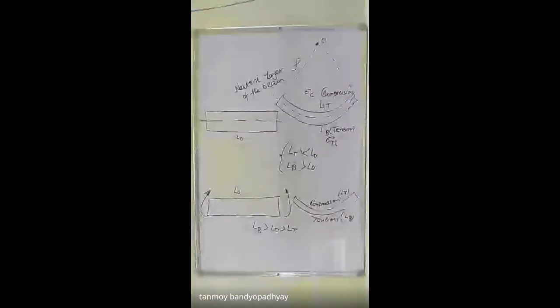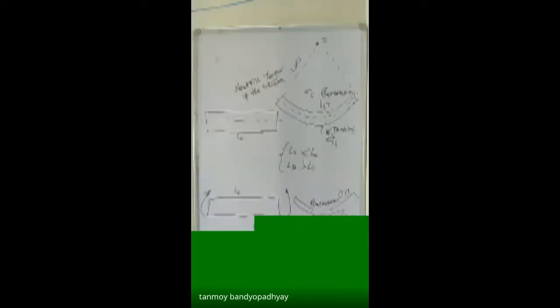Now, just write down what is pure bending. Bending is also called flexure, F-L-E-X-U-R-E, flexure. Just for pure bending, you write down: flexure of a beam under a constant bending moment in the absence of any shear forces. The flexure means bending itself. Flexure of a beam under a constant bending moment in the absence of any shear forces.